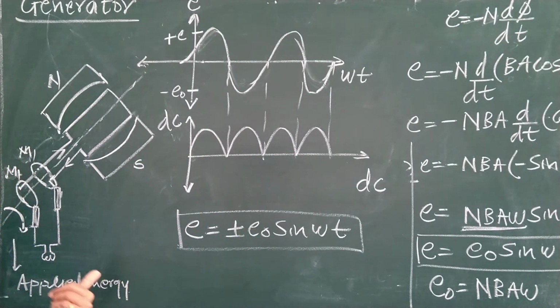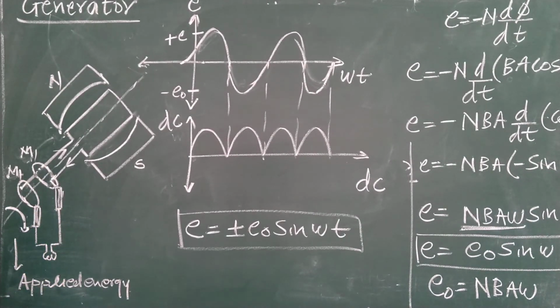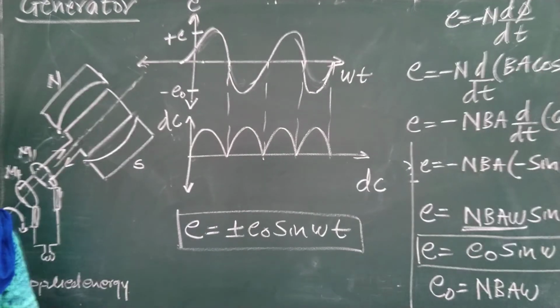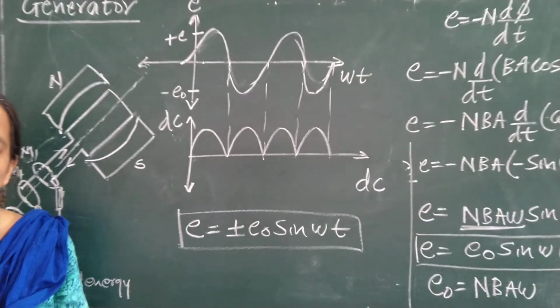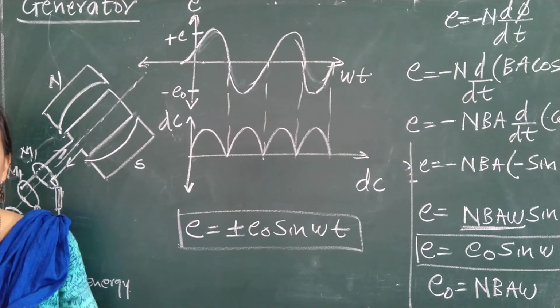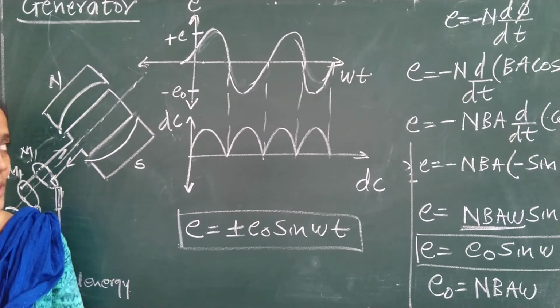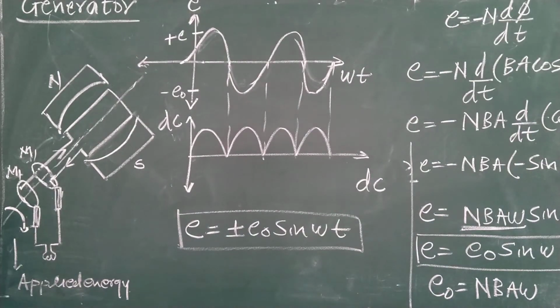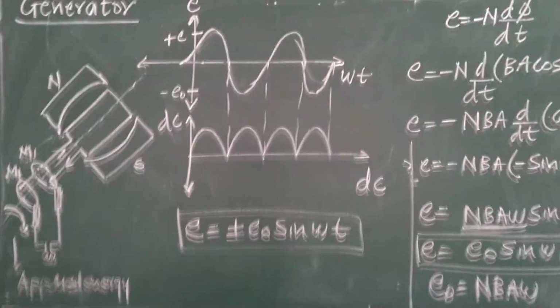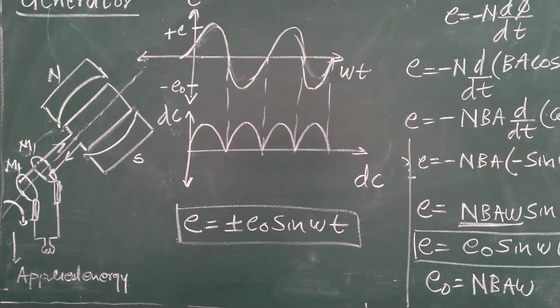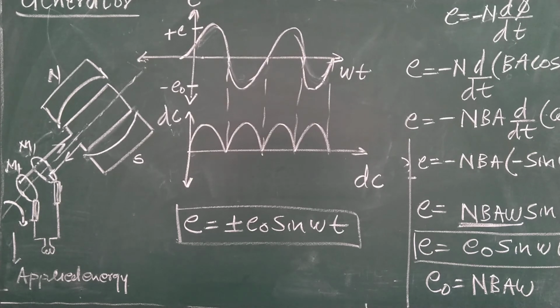So this is the working of the generator. This AC generator will give us the EMF, which is used to work the DC motor. So this is about your AC generator. This AC generator and the torque acting on a current carrying loop that you have seen are quite similar. So go through both topics simultaneously, and you will come to know that.